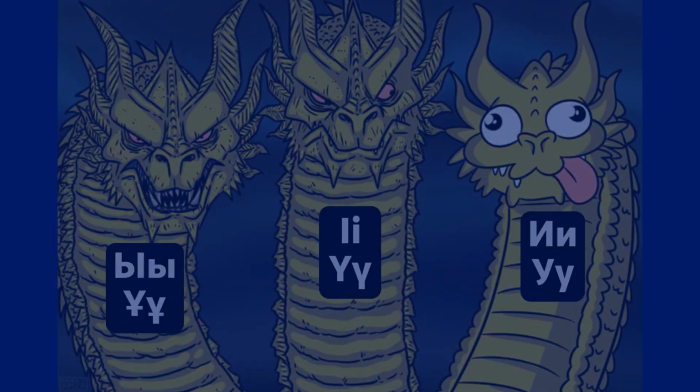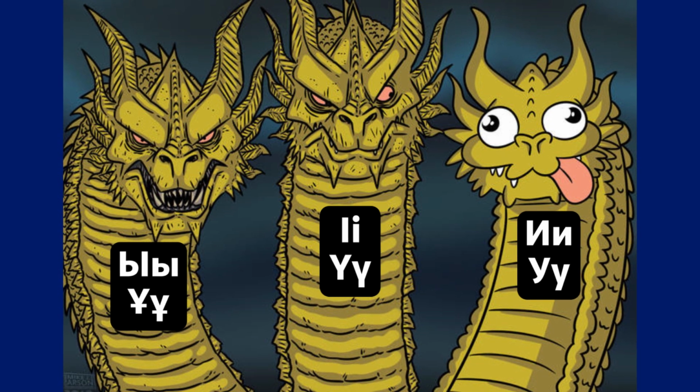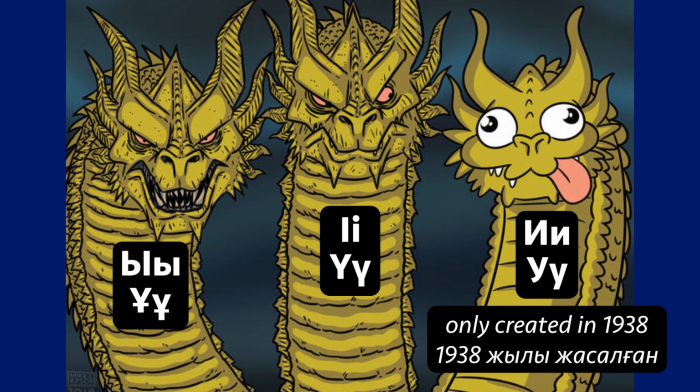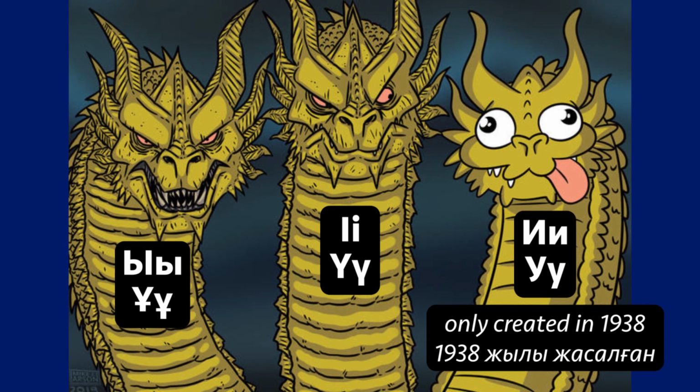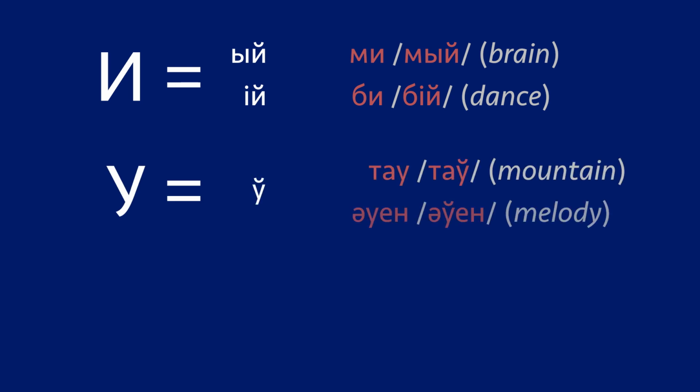You might think these letters are vowels, but in the actual Kazakh language, they are not vowels. In fact, they didn't even exist prior to 1938. They were added then, and now they are replacing native vowel consonant sequences. A stands for the consonant A, with either the vowel or the vowel in front of it. Mui, Bi. In some words, O stands for the native consonant O, which doesn't have a dedicated letter in the modern alphabet. Tau, Awin. But in other words, similar to A, it stands for the consonant O, with either the vowel or the vowel in front of it.